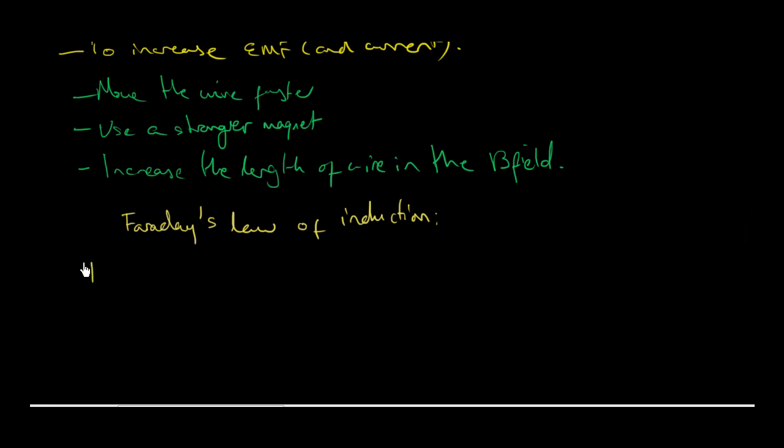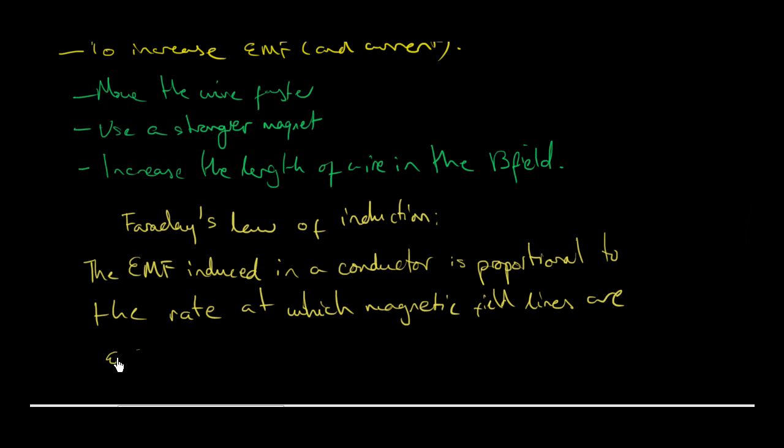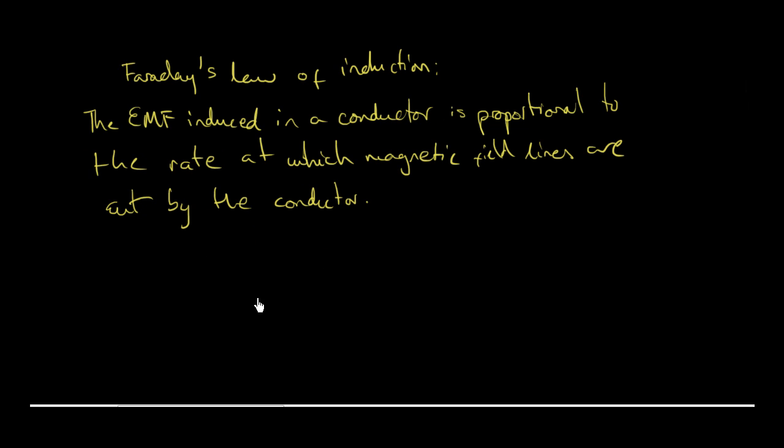It says the EMF induced in a conductor is proportional to what? It's proportional to the rate at which magnetic field lines are cut by the conductor. So magnetic field lines are cut by the conductor. So you can imagine this guy ages ago in his garage just with wires, and then he's